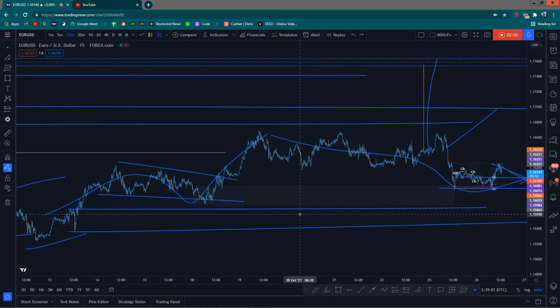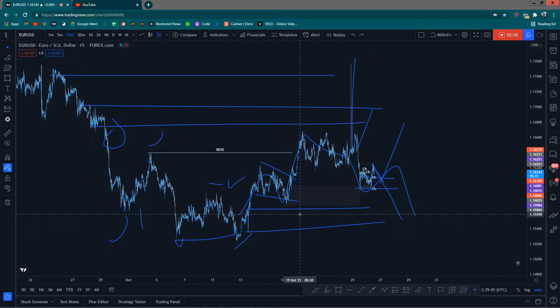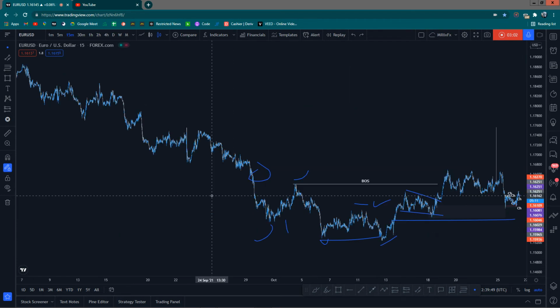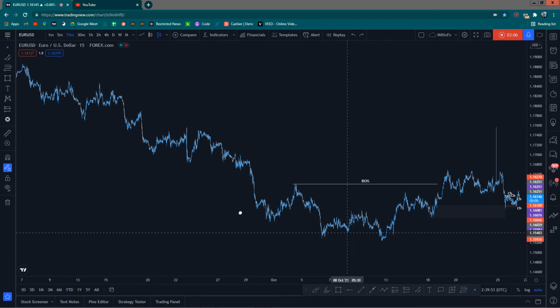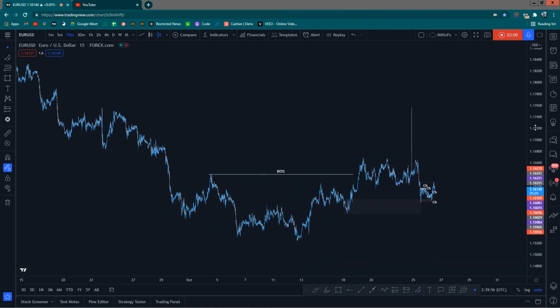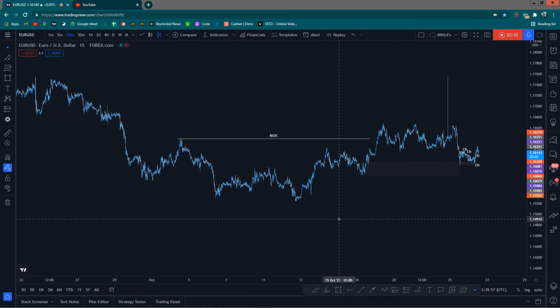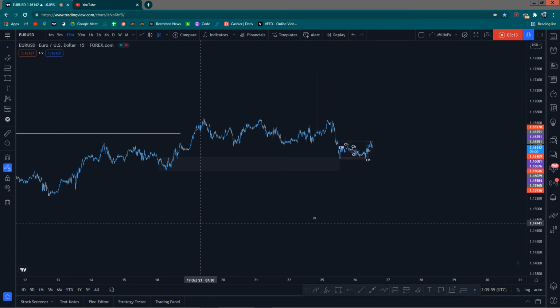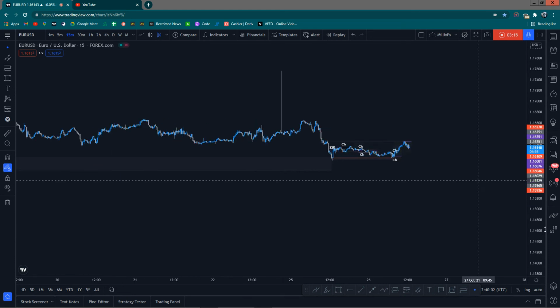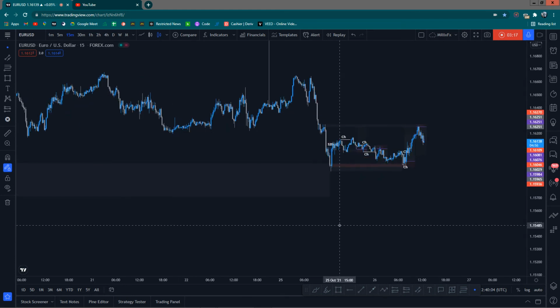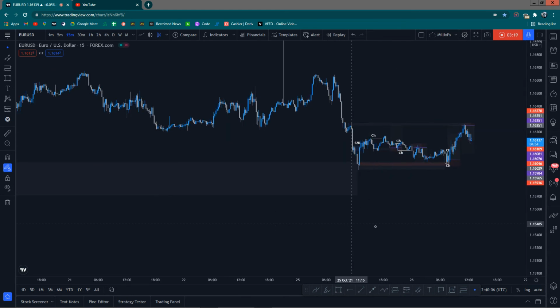So with that, I then refined my entries, and after seeing that price wasn't going to tap, I deleted my orders and I focused on getting entries for the day instead of chasing trades and waiting, because I'm not a patient type who can wait. Yes, you have to apply patience, but sometimes it's not easy to sit down and wait for a trade to come. So after waiting for the trade, you can see around this area,